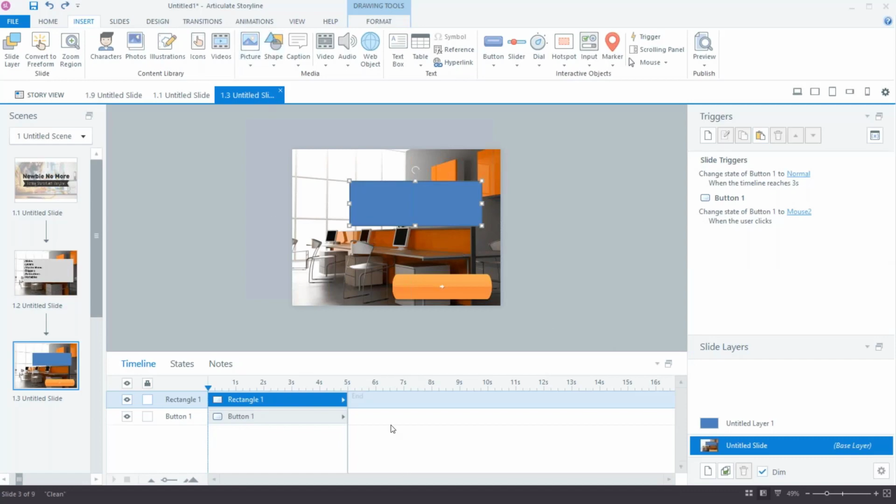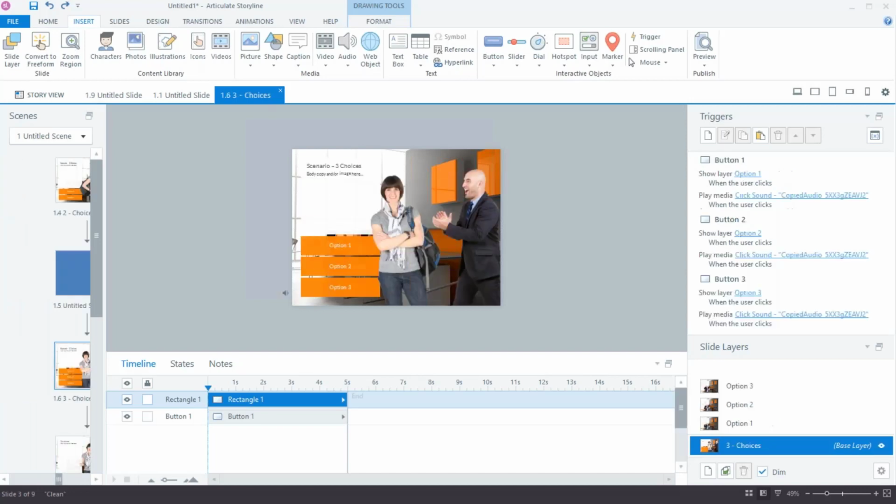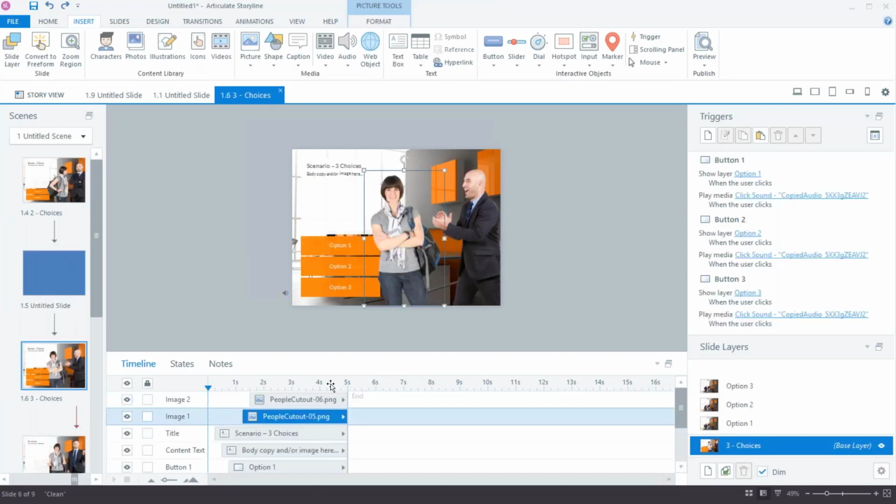Yes, Adam, can you give an example of a scenario where it's better to use a state versus a layer for interactivity? Sure. Like I talked about, if I had a template ready, there's a template where we've got 3 people that are standing there, and you hover over them to hear what they say. Like I could create her in a state where when I hovered over her, she might say something. And I can't necessarily do that to jump to a layer when I hover over something, but I can change a state to hover over something.